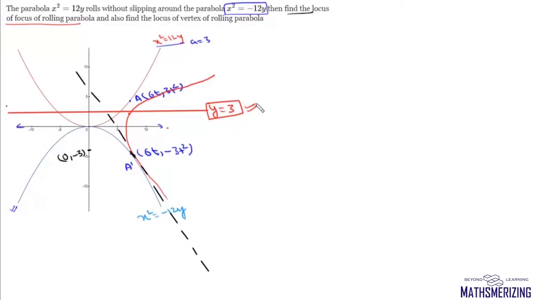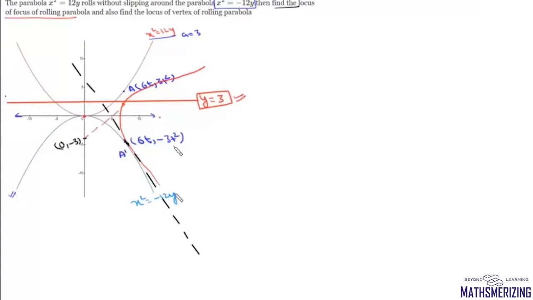Now we'll come to the second part. Now second part says we need to find locus of vertex of rolling parabola. Now vertex of rolling parabola is mirror image of vertex of this parabola about this tangent. Now once we have this point and we have equation of this parabola, we can write equation of this tangent. So equation of this tangent is given by T equals 0. So in place of x square, we'll write x into x1. So it'll be 6t into x and then minus 12, and in place of y, we'll write (y plus y1) upon 2. So it'll be y minus